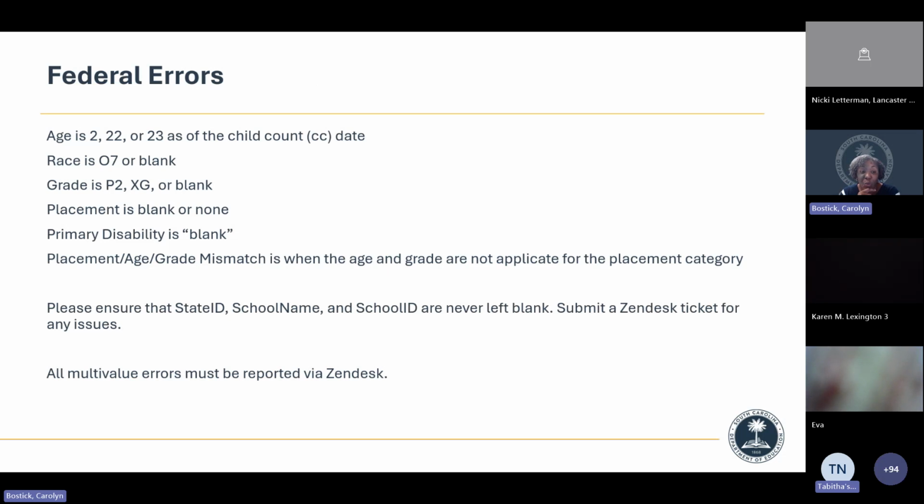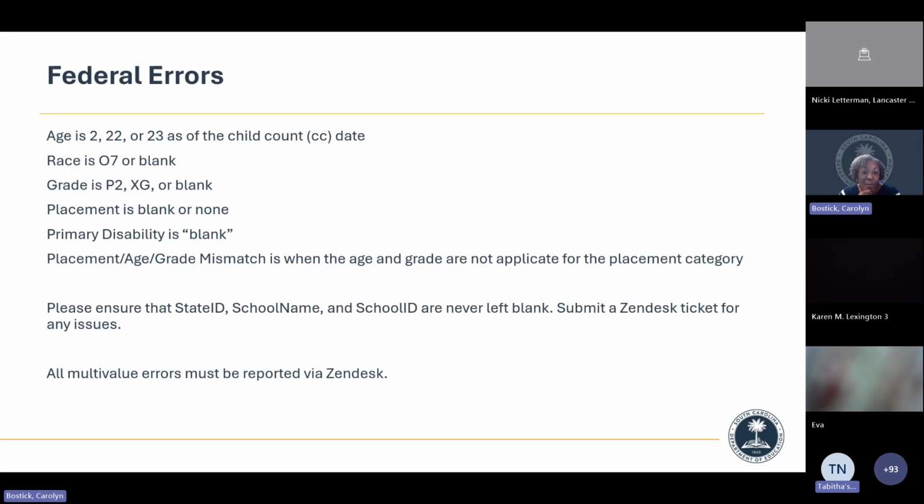Grade of P2, XG or blank is an error. The placement is blank or none. The primary disability is blank. Placement, age, grade mismatch: Nick spoke about that earlier, and I do have a slide to reference that to help explain why it's an error.